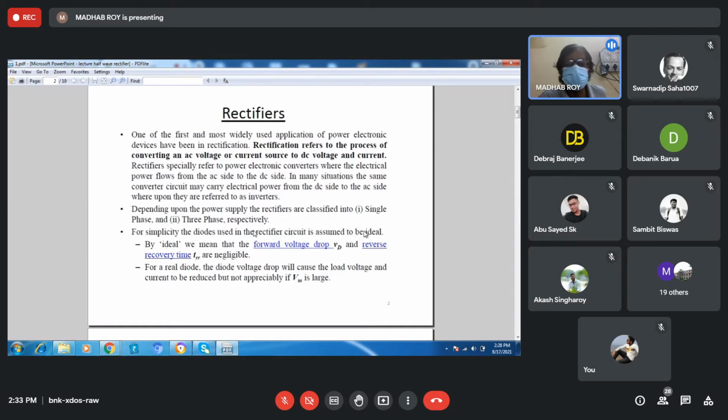And a similar case holds for the resistance, because there must be some forward resistance, so there should be some forward voltage drop when the diode conducts. That voltage drop is normally 0.7 volt for an ordinary diode. Although in the ideal condition it is taken as zero, it is not zero in the practical condition.